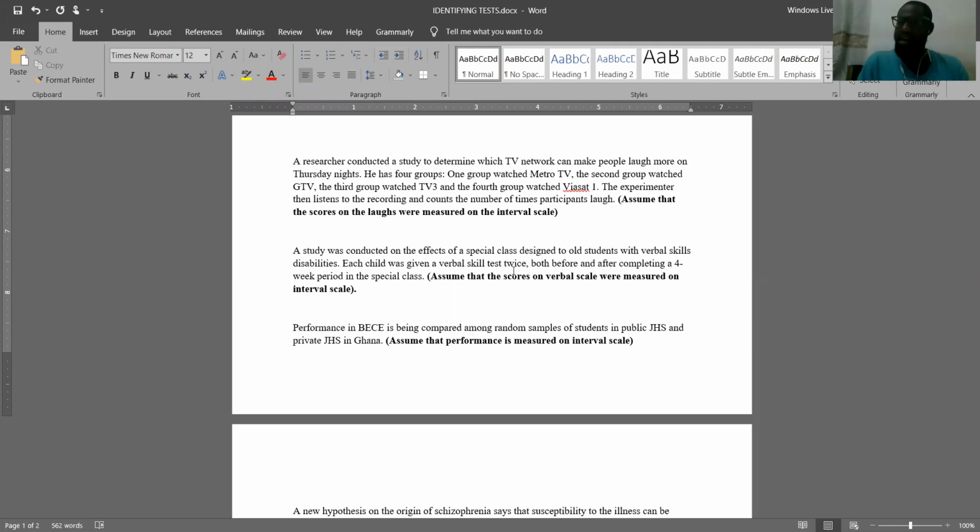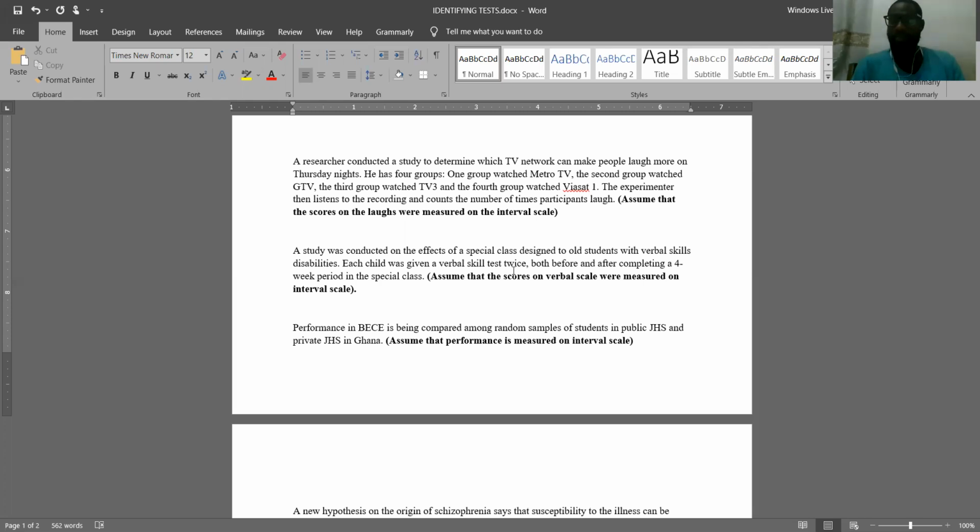You see each child, they tested each child twice. That's before the intervention and after the intervention, or after they completed the 4-week special class. So it means each participant went through 2 separate tests. So since each participant went through 2 separate tests, then the best test here will be